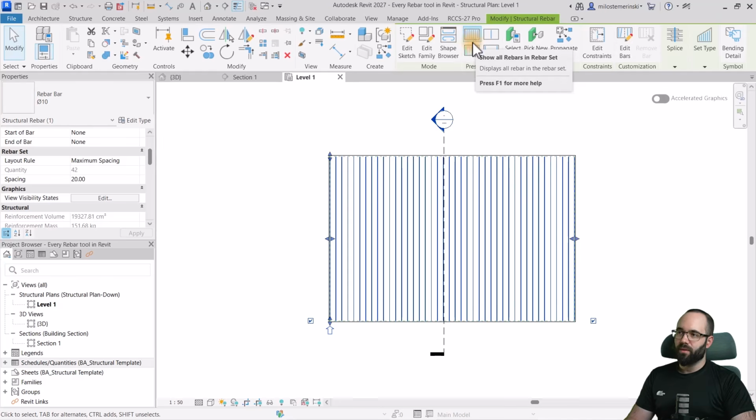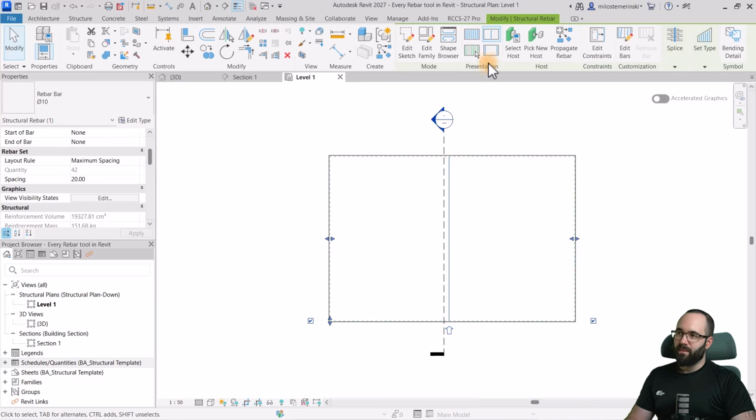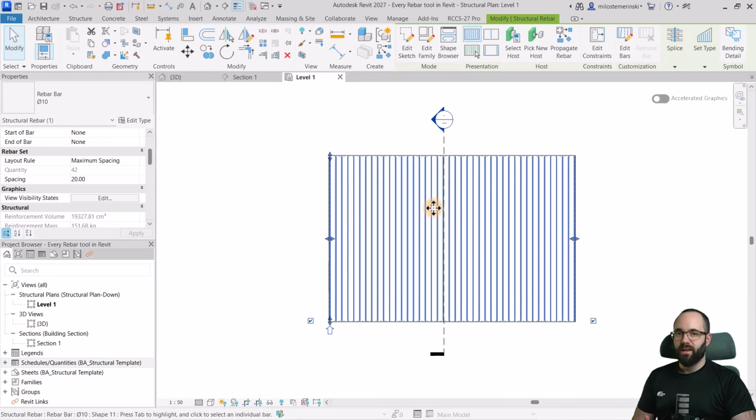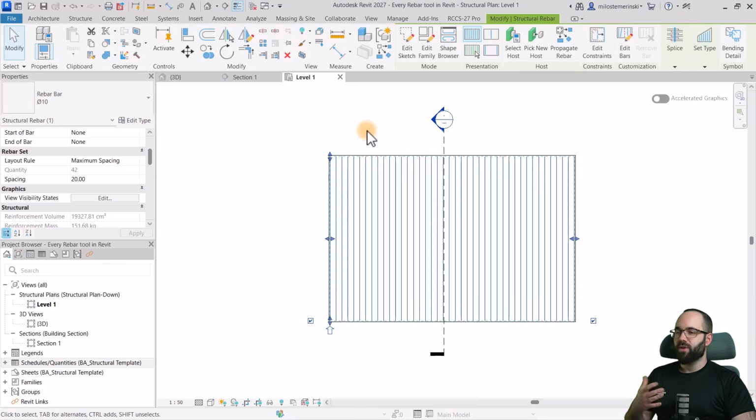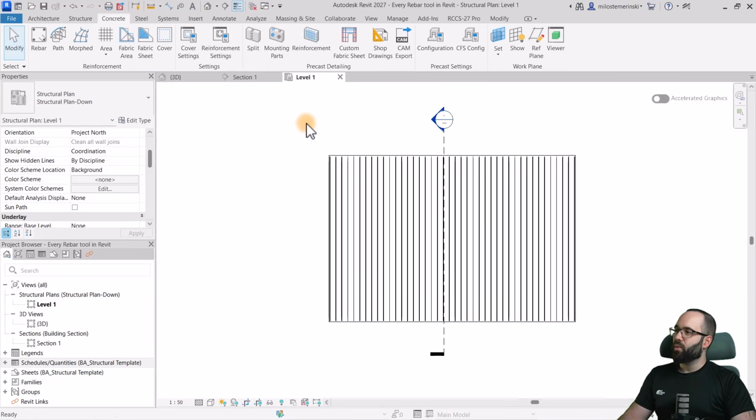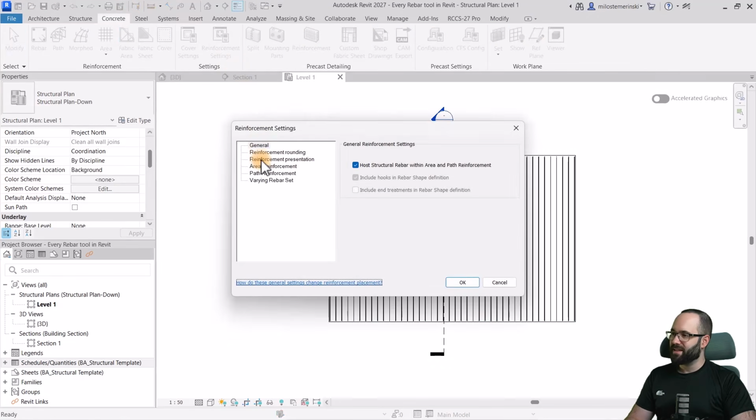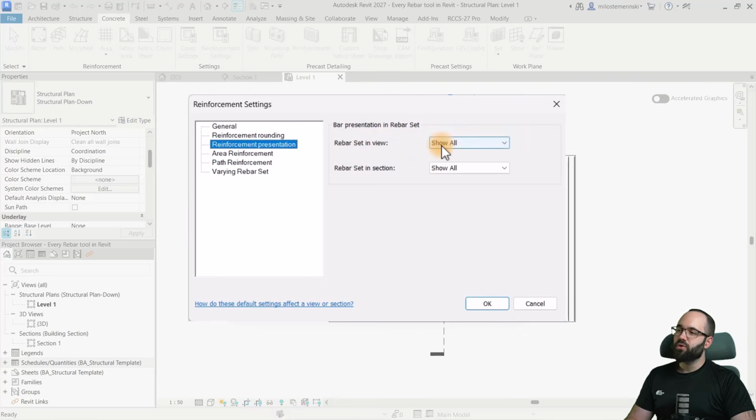Do I want to see all of them? Do I want to just select the ones that I want to be shown? Do I just want to show the one in the middle, or the ones on the beginning or the end? This is really going to depend on your individual view preferences and just how you agree to work on and display rebar. So when it comes to the reinforcement settings and the option for that, usually you would leave